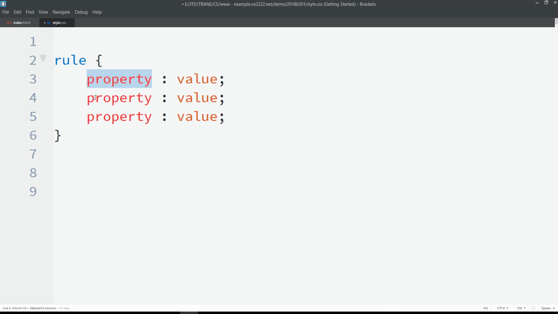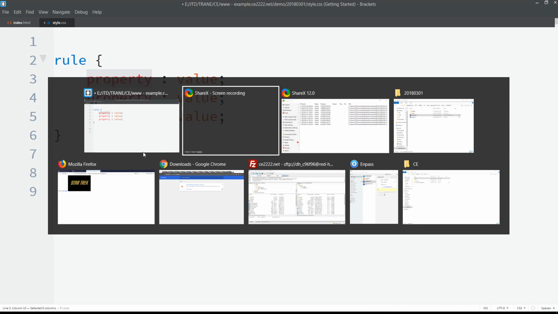For example, we have a position property, and we have only a few different options for what we can set the position property to be. So, if you go to the class website,